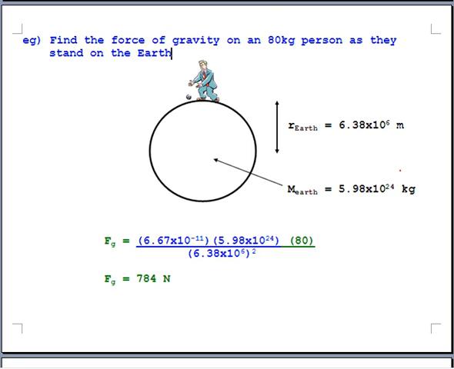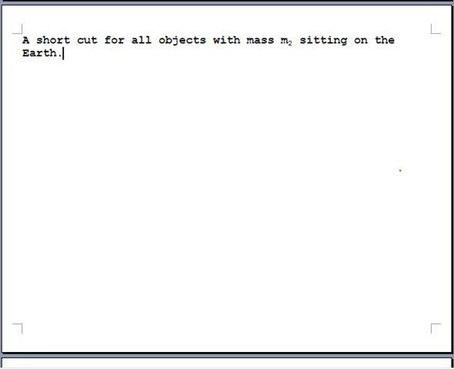Now, that calculation is not hard, but in physics, we quite often like to find the force of gravity for objects on the surface of the Earth. And it's a little bit time-consuming to have to refer to your formula sheet every single time to find the radius of the Earth and the mass of the Earth. So what I want to show you is a little shortcut for all objects, we're going to call it mass number 2, if they're sitting on the surface of the Earth. So in that equation, the universal law of gravity,